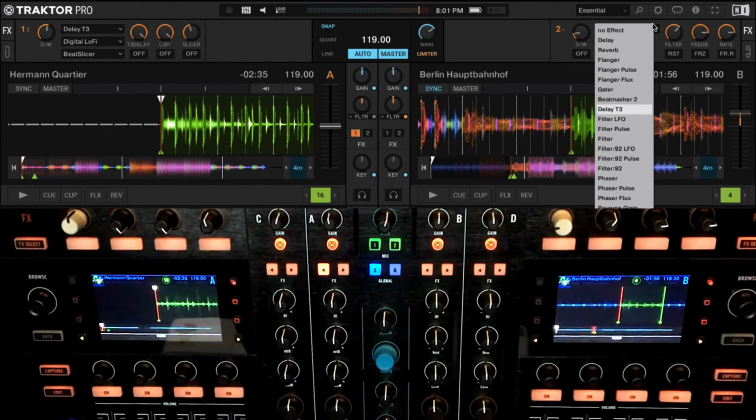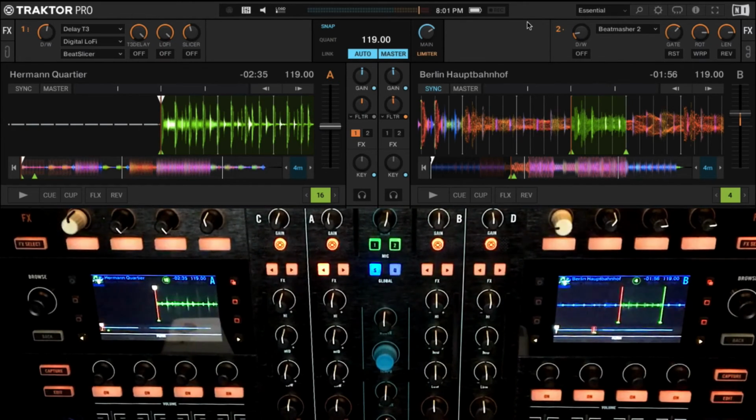What I intend to do is use the Beat Masher 2 to grab this loop from this track and overlay it on the other track, while I can free up this deck and play another totally different track there. So what I want to do is some sampling.